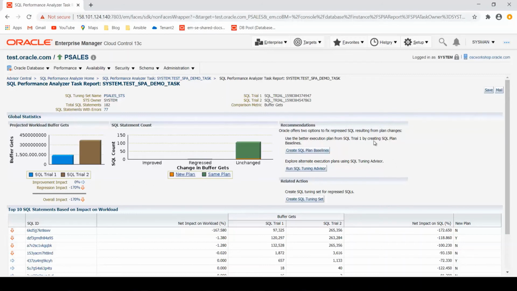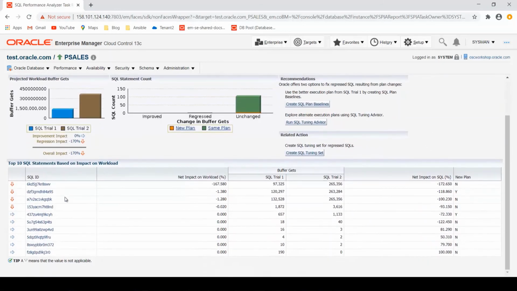Then we have in the middle of the screen a graph that is giving you all the global statistics, right? We have SQL trial 1, SQL trial 2. We see that we don't have any improvement. In fact, we have 170% of regression. At the bottom of the screen, we have 4 SQL statements, all of them with regression, responsible for this